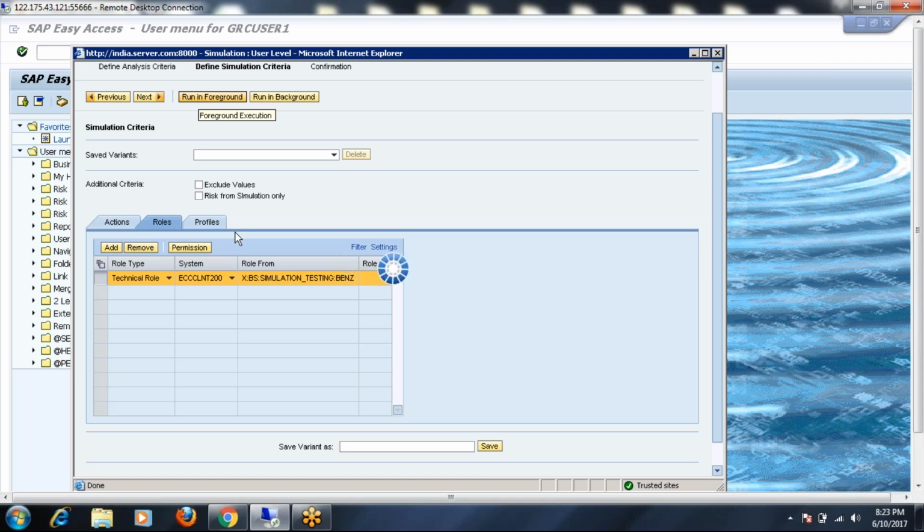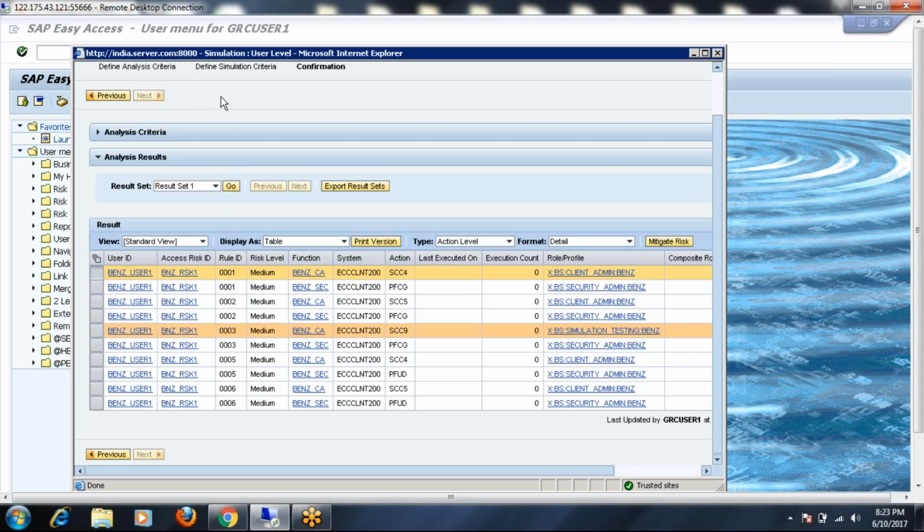What is exclude values here? I'll come to that, just let me complete this. Okay, so now I did not tick it, right? Now if you go to critical action,